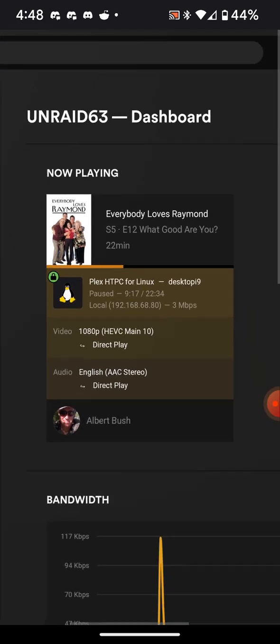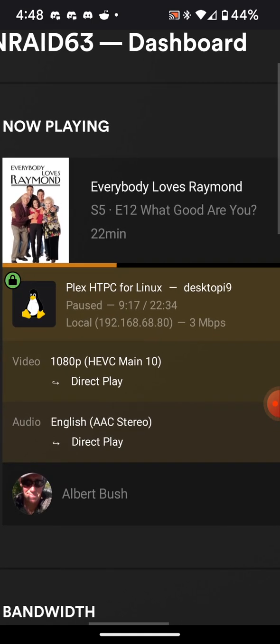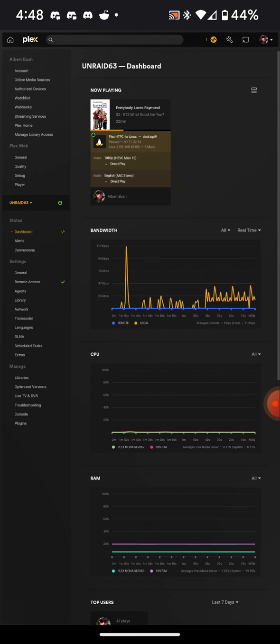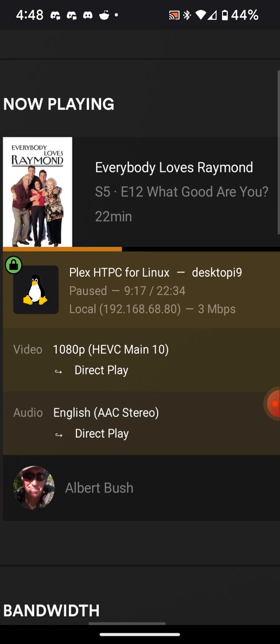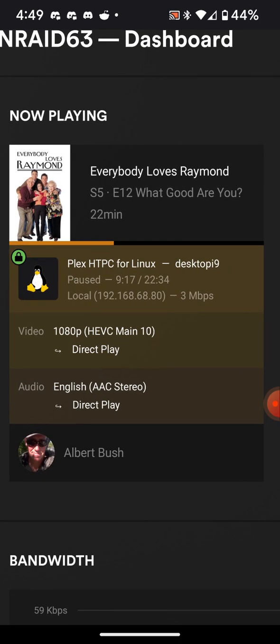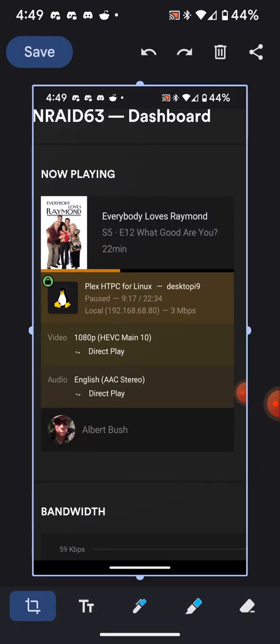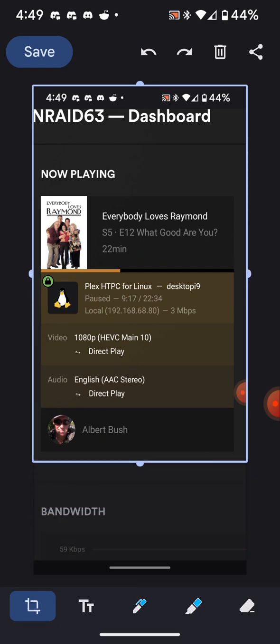It brings this up, and on a phone you can pinch out or pinch in, and this is the money shot. I want it pinched in like that before a screenshot is grabbed. If you take a screenshot on your computer of the whole page or one like this on your phone, by the time I get it on Facebook, I'll have to download it and then try to blow it up myself in order to read the pertinent information. And at least if you're on an Android phone, the power button and the down volume button take the screenshot. On my Pixel phone, I can click in the edit option and I can crop it,